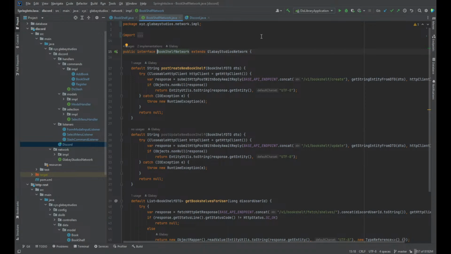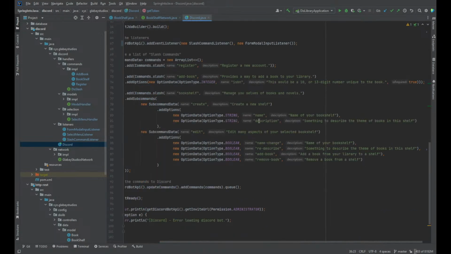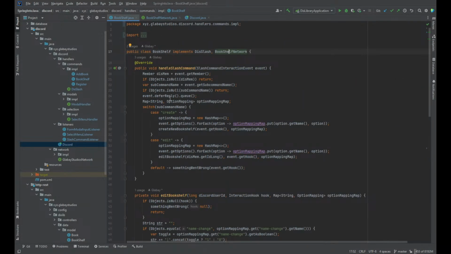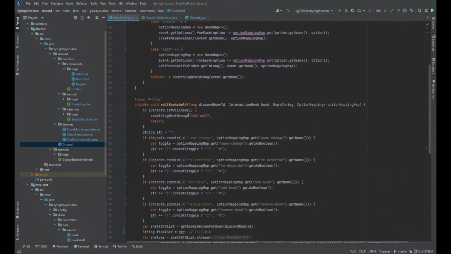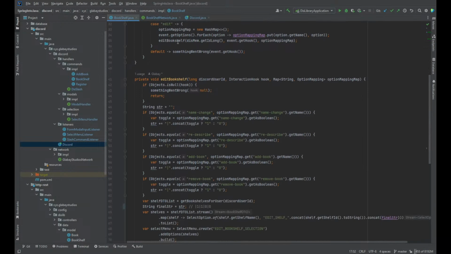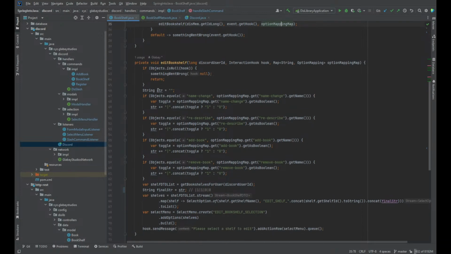While I wait for an answer from him, down in our edit bookshelf message, we're passing in the Discord user's ID, the event hook, and the optional mapping, or the options that they are passing in. And in here, we're looking to see if the hook is null. If the hook seems to be null for some reason, then we're just gonna